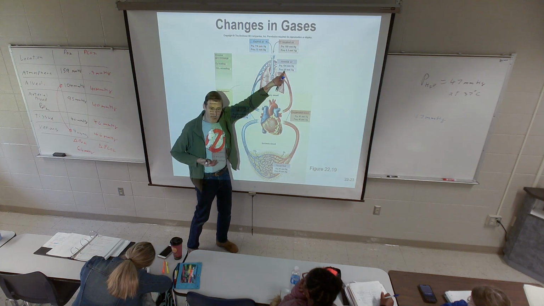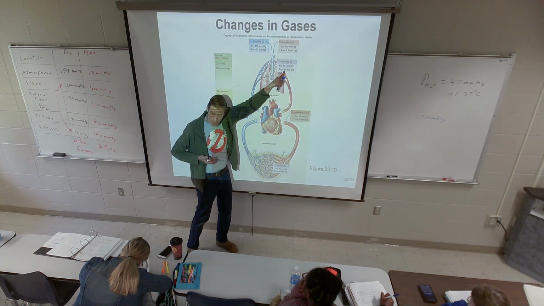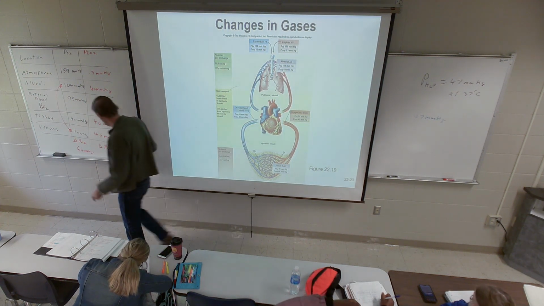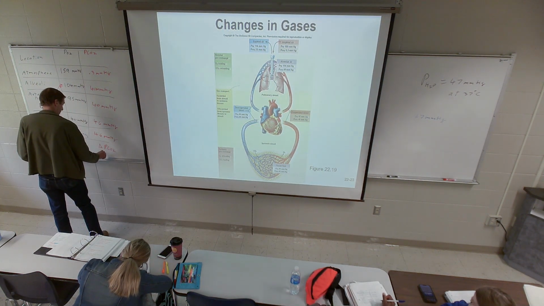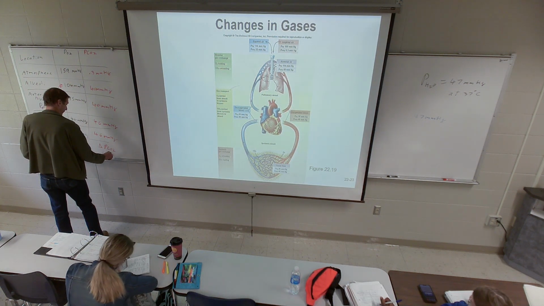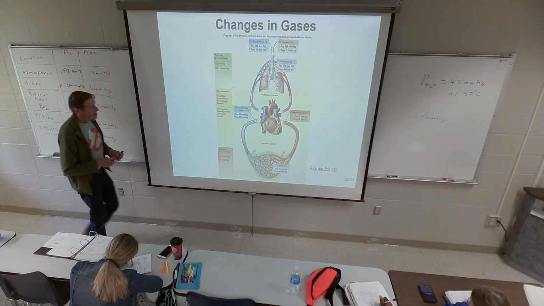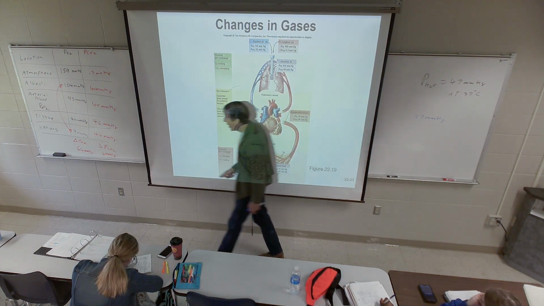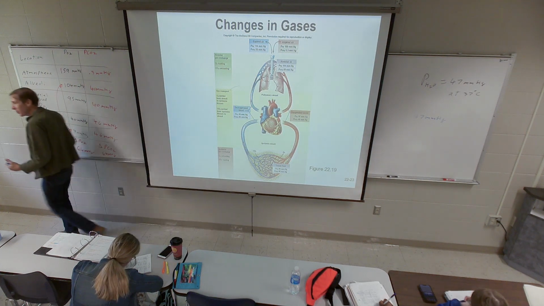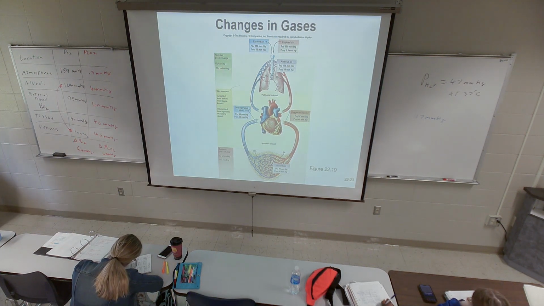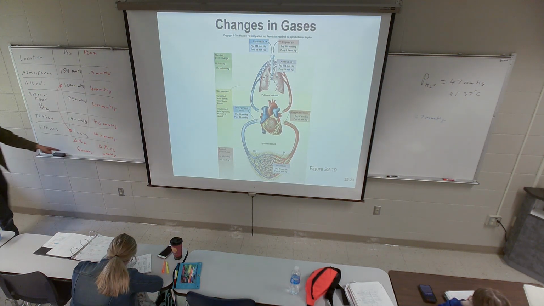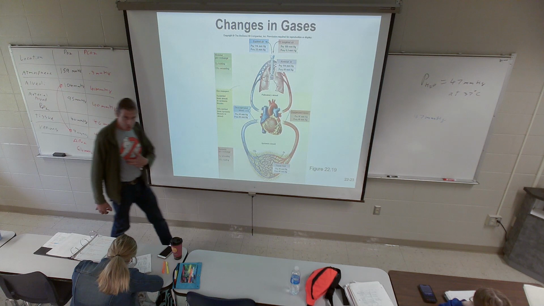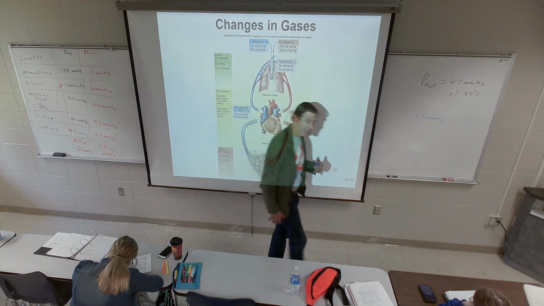Pushing, or allowing, the carbon dioxide to diffuse from the blood into the alveoli. 6 millimeters of mercury, right? Makes sense? All right. So that's going to be 6 millimeters of mercury. So those are just the concentrations of different areas. But what I want you to look at is those bottom numbers. All right, the concentration difference or partial pressure difference for oxygen is 64 millimeters of mercury. That is pushing oxygen from the alveoli into the blood. The concentration difference for carbon dioxide, moving CO2 from the blood to the alveoli, is only 6 millimeters of mercury.